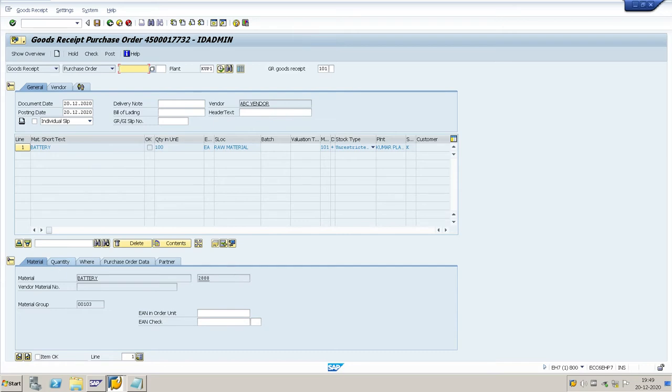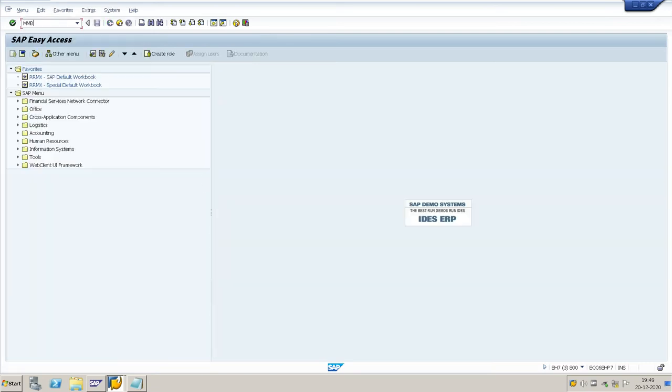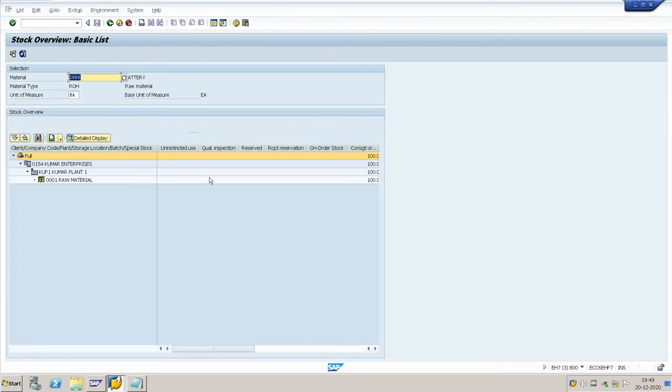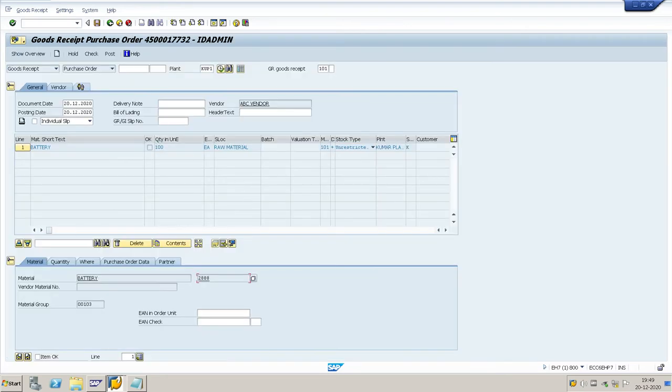Before making the GRN, check the stock for the respective material. The T code is MMBE. There is no stock in the system. So I will make the GRN for 100 quantity.